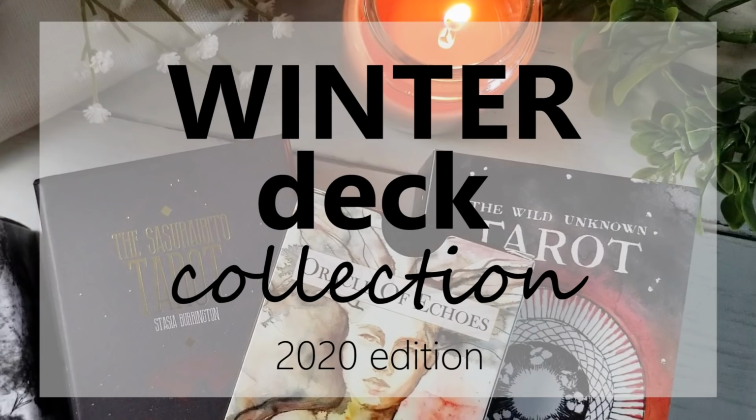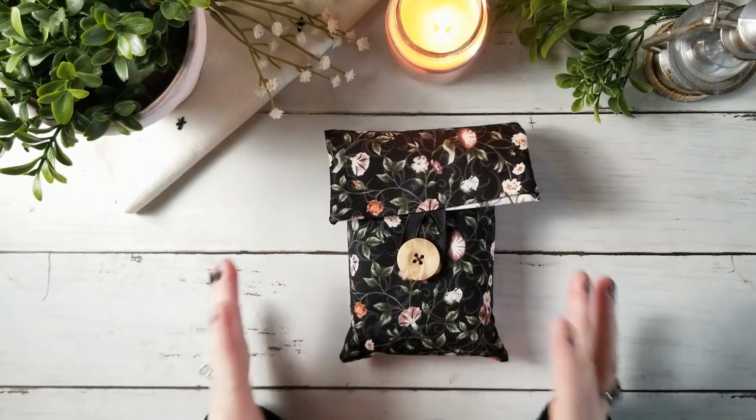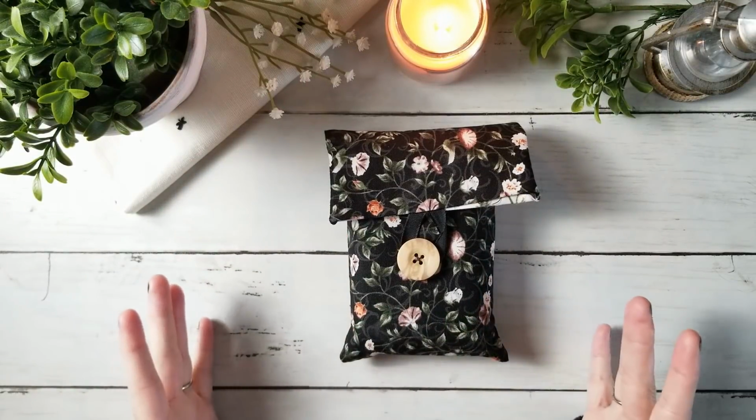So today we're going to take a look at some of the decks that I like to use during the darker months of the year. So let's go ahead and take a look at the decks, and these are in no particular order,